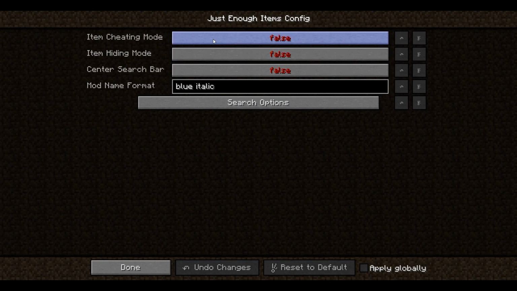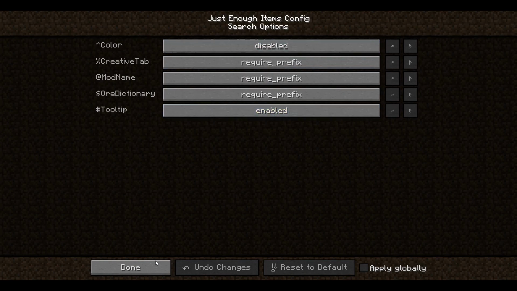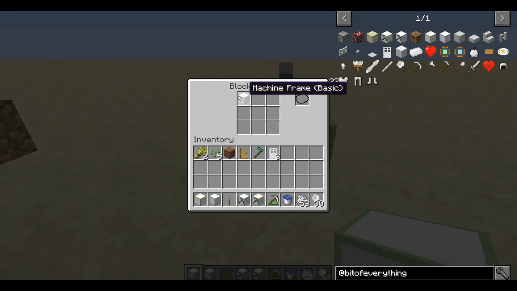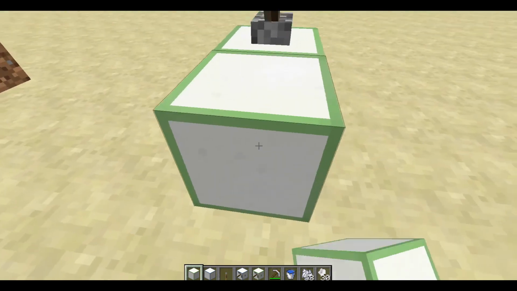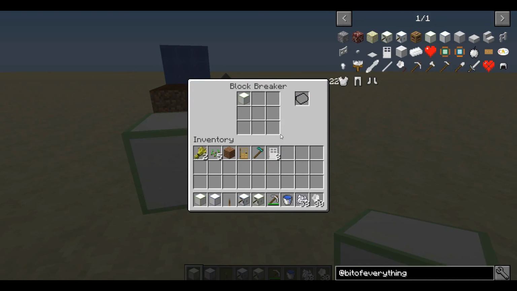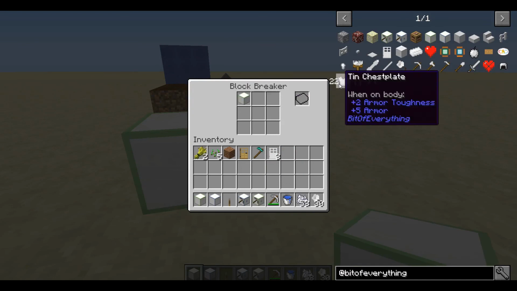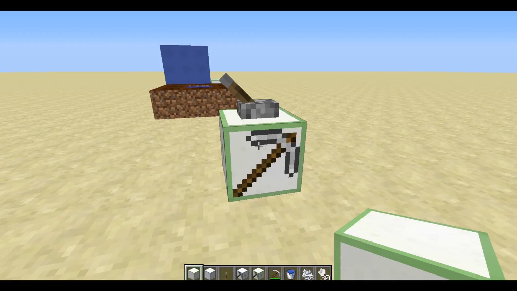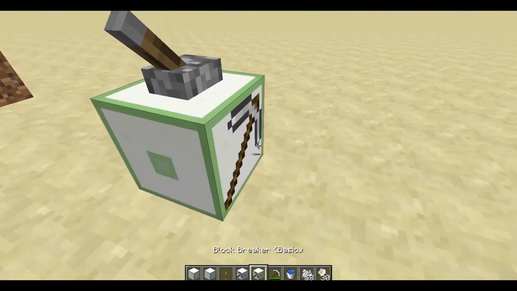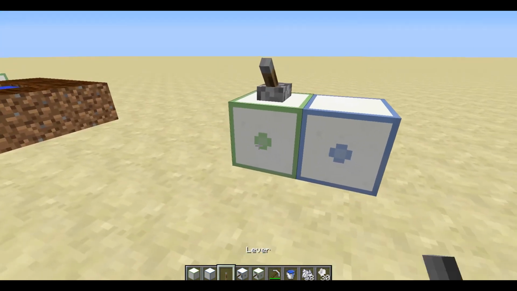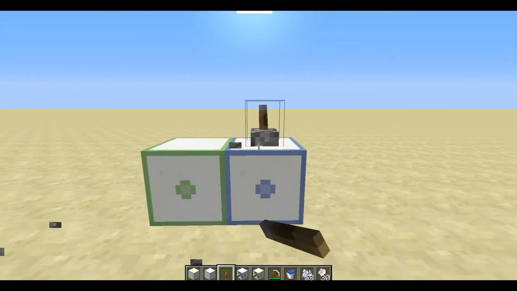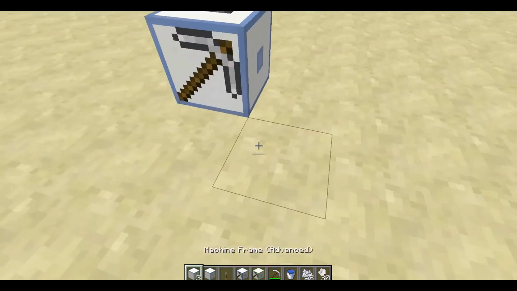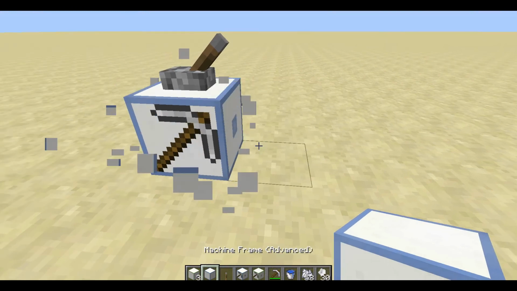So I think, can I hide JEI? No. So we have our machine frame, so we can place it in front, and it will break it. But you see, it only shows 22 here, which isn't exactly what we want. So if we replace it with the other block breaker, the new one, the faster one, it should break faster,